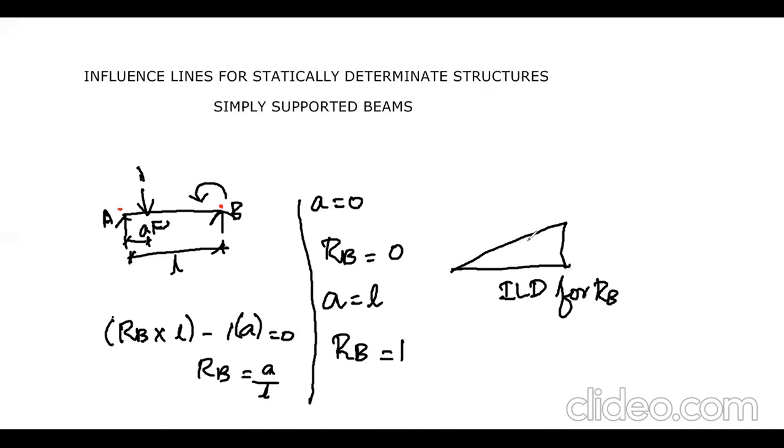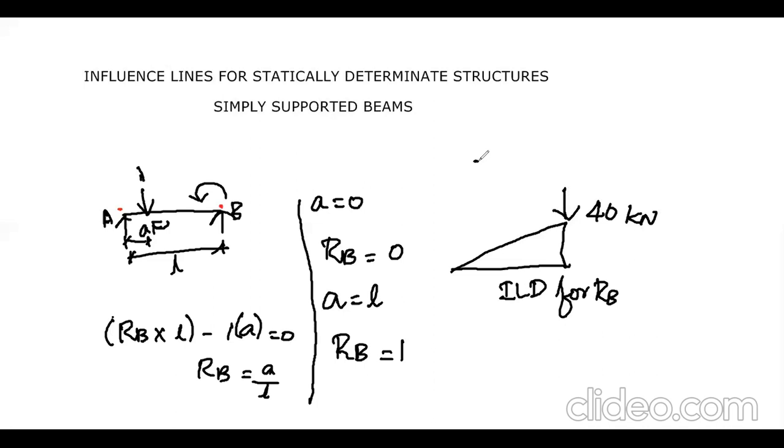Okay, now we found the influence line diagram for the RB. Next we are going to the application. Application means how we are going to find the maximum shear force, bending moment, and maximum value of this reaction using this influence line diagram. First we will be asked to find the maximum reaction at B due to the unit load. Say, for example, I am taking one 40 kilonewton load. Here I will be applying that 40 kilonewton load at the point B.